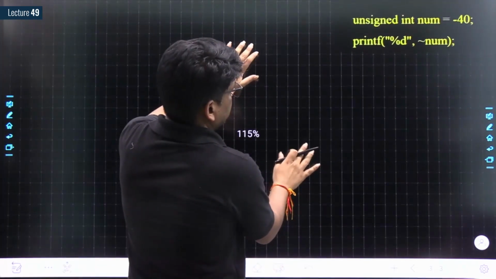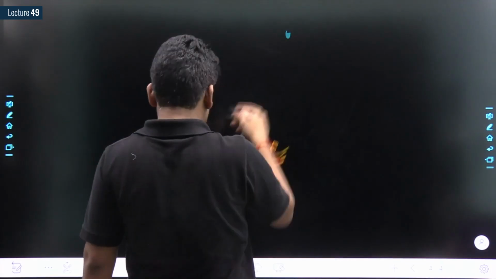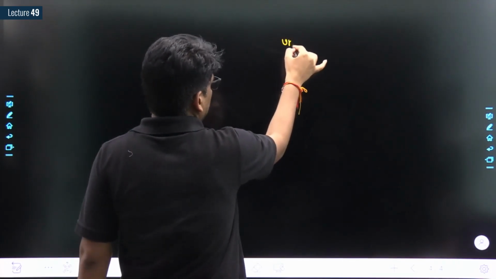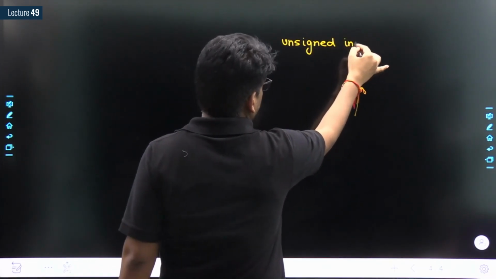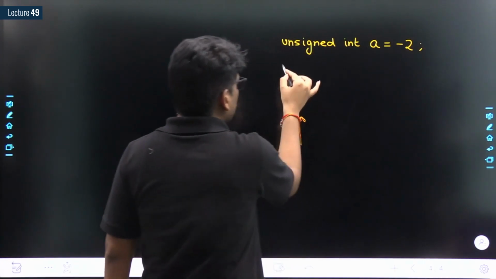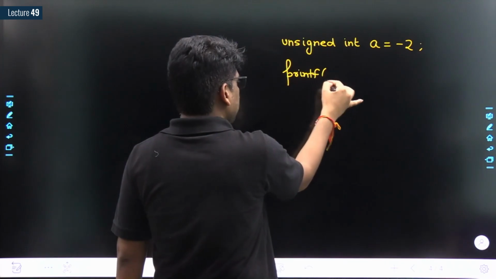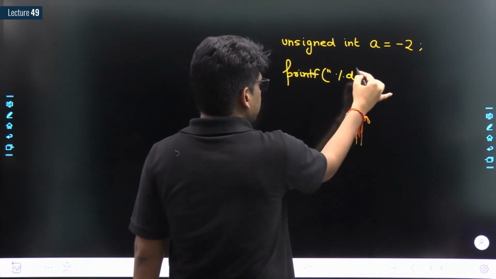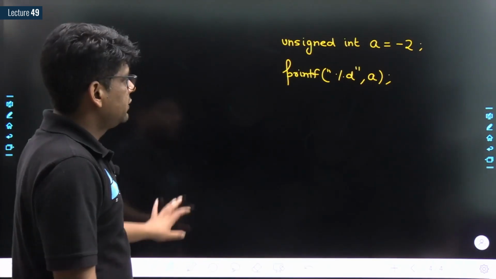Okay. Before solving this question, let me solve another question. Sir, unsigned int a is equal to -2; printf("%d", a). Okay, sir,